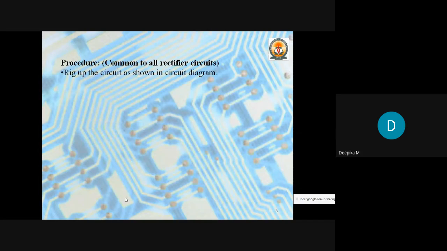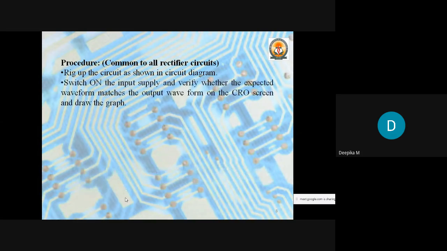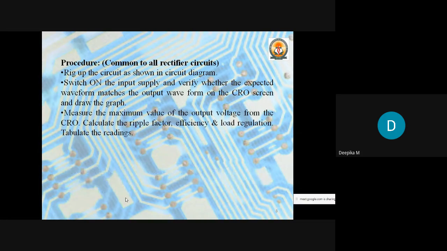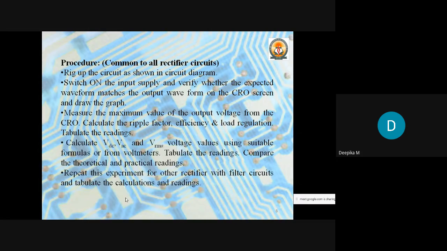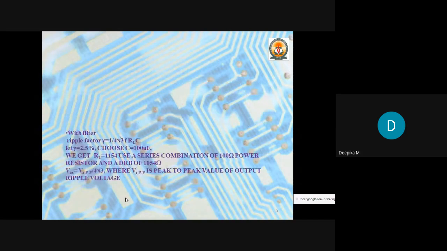And coming to the procedure, rig up the circuit as shown in the circuit diagram and switch on the input supply and verify whether the expected waveform matches the output waveform or not, and measure the maximum value of the output voltage, that is the V maximum, the highest value or magnitude of the waveform. By measuring that, we can go for the calculation, that is we can calculate ripple factor, efficiency and the load regulation, and we can tabulate the readings, and from that we can calculate VDC, VAC and VRMS, and